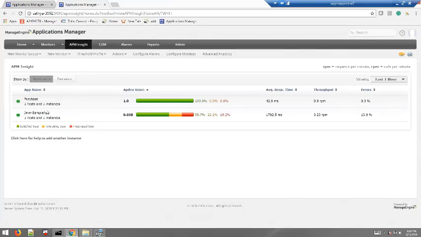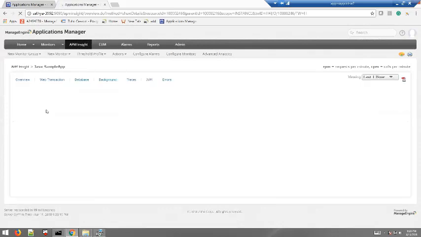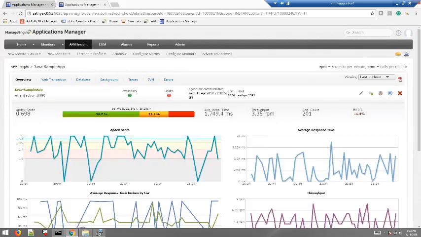So what I have done is I have already installed a Java agent and made it push metrics into Applications Manager. So let us open this particular app, which is monitored with the help of the Java agent. When I open this, you can see on your screen the same tabs and an extra JVM tab for the Java agent. Here you can see the overview of the particular app that is being monitored with the